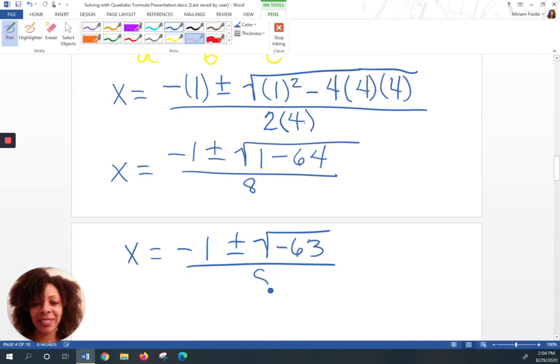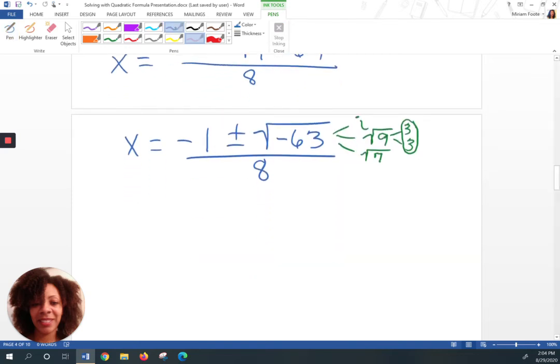over 8. So again, I will begin to simplify what's under my radical. I automatically see an i because I see a negative sign. I know that factors of 63 could include 9 and 7. I put them both under a radical because that helps me to see if I have a perfect square in one of the factors, and I do. So the square root of 9 is actually 3. When I continue simplifying,